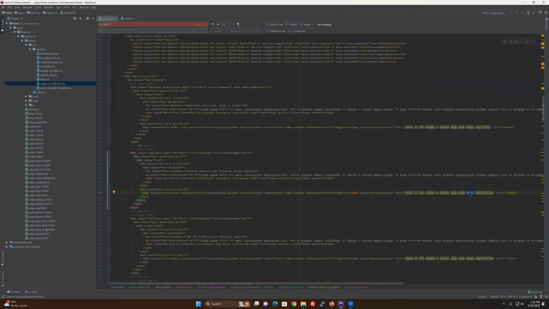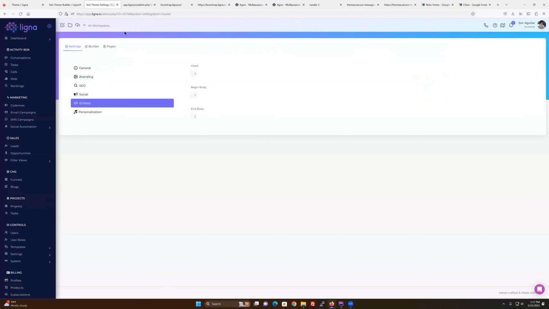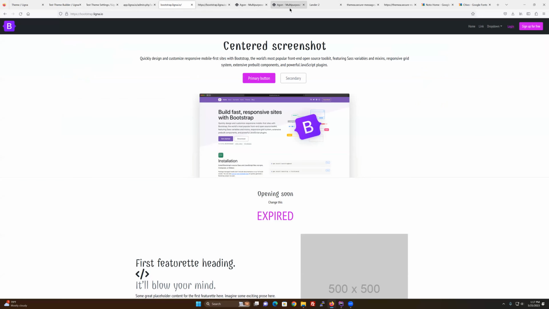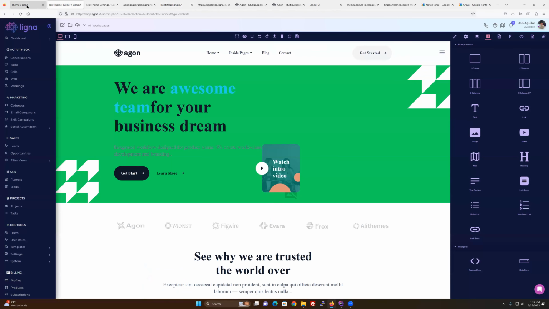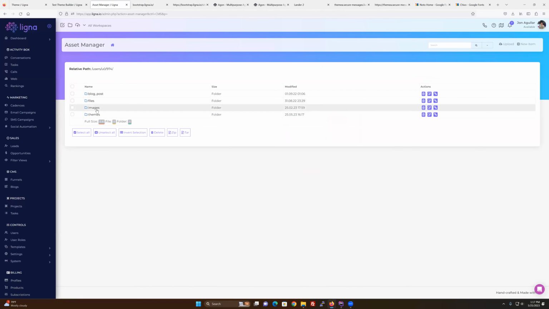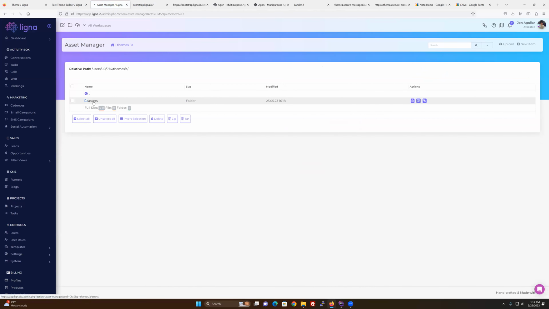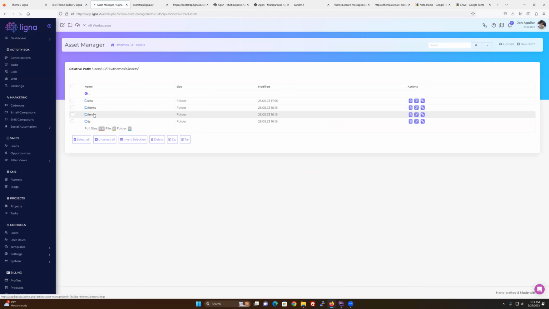I changed the home page that they had, right? They had it called home page, all lowercase, and I changed it to home. So stupid little things like that you do just because things annoy you, but now you've got to go back out to your asset manager. I was already there. And I've got to go into that theme in here, back into assets, images,